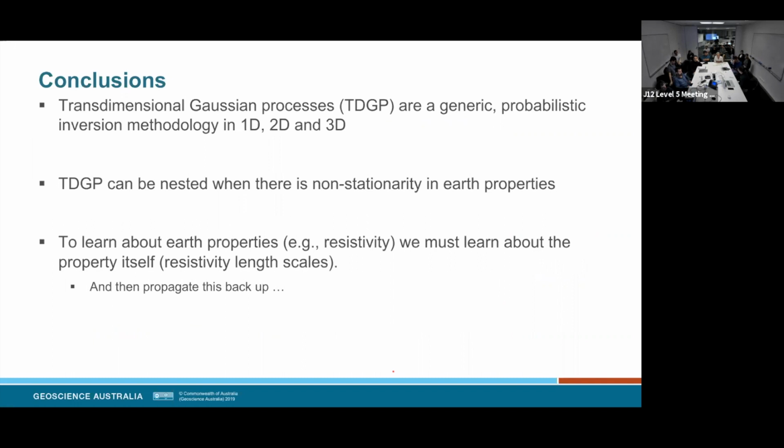When there's significant non-stationarity in the length scales, you can nest them, and I think 2 levels are fine. And this is a message to geophysicists, but really to any people doing inference or machine learning, that the trick is, if you want to learn about something, you might need to learn about that thing as well. And in some senses, it's not surprising, because one of the first things they teach you in undergrad physics, and physicists will swear by this till the end of their days, and I'm sure most mathematically inclined people will, is Taylor series approximations, right? You can think of the first level as being the constant, and the second level as being the gradient term.